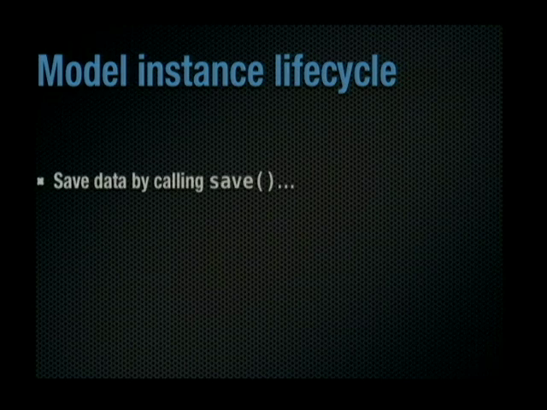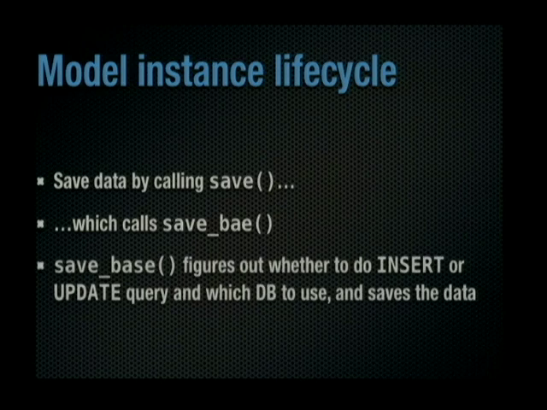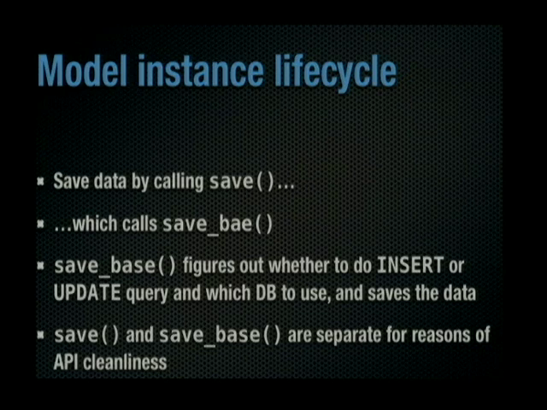Saving data in a model, call the save method, which actually, and I've mistyped that, calls a method called save_base. save_base is where we figure out if we're doing an insert or an update query in the database. It's where we figure out what database we're using, and it saves the data. There is a reason why these are two different methods. If you go look through what save does and what save_base does,